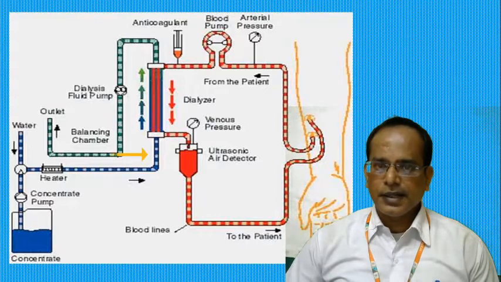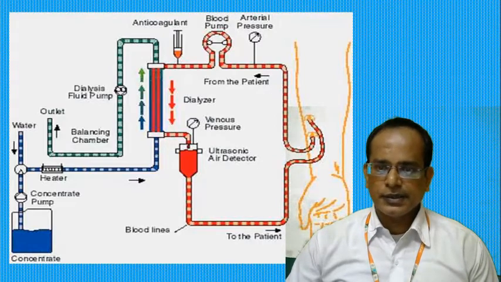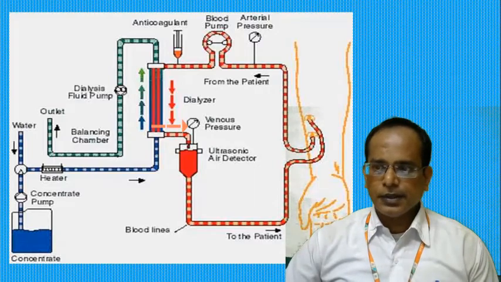That dialysate, when combined with the unclean blood, will absorb all the unwanted substances, and after that, it is purified with the help of the osmosis method. Further, the purified blood is again injected into the vein. So this entire process must be controlled by the venous pressure. That is very important.